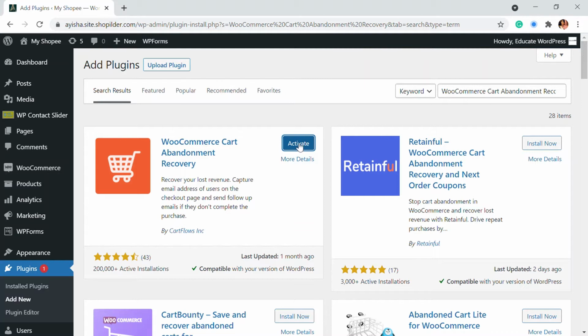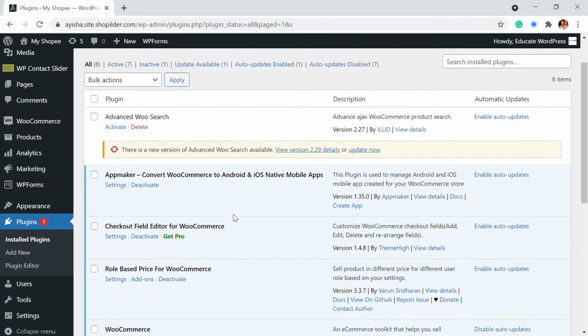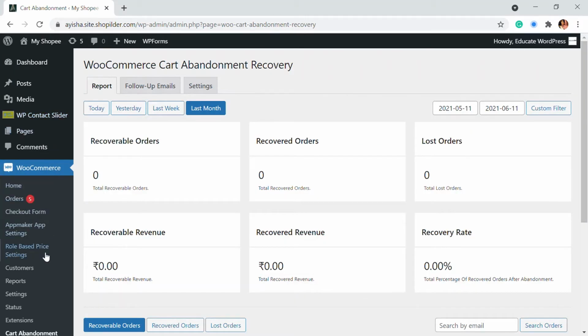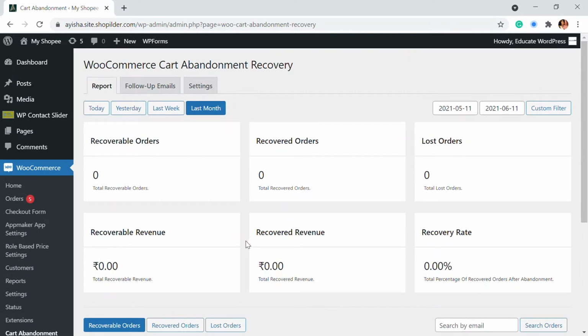Upon activation, you will have a CartFlows option right here. CartFlows comes with different options on your website, and you can use it for different purposes. But right now, we have the cart abandonment recovery. You can go to the settings, or you can go to WooCommerce, and here you can see the cart abandonment option. I have just installed the plugin, so as of now there is nothing.